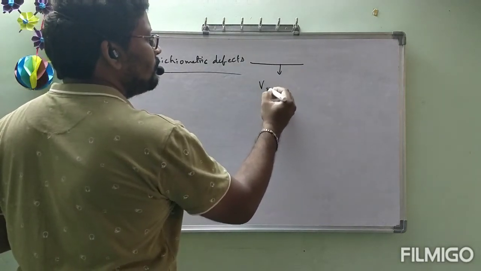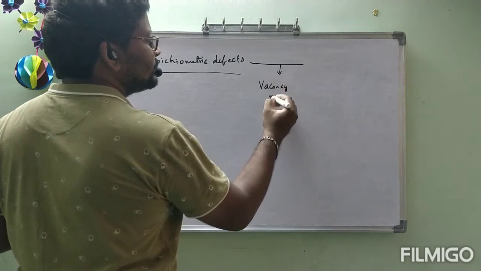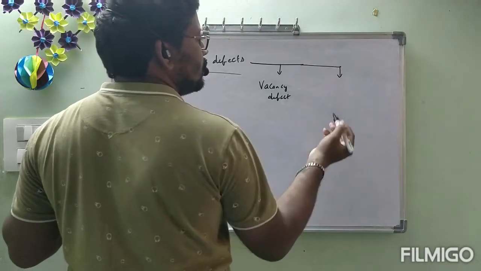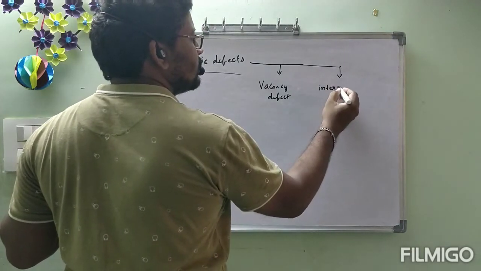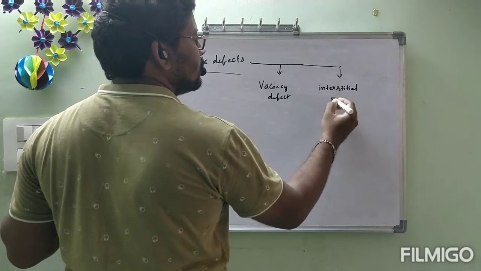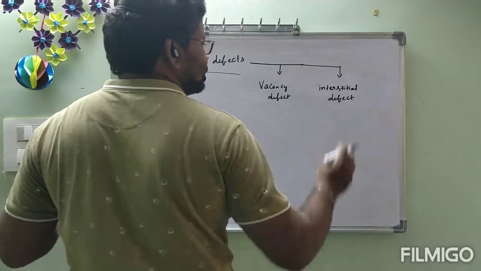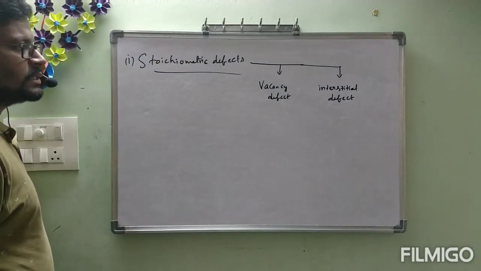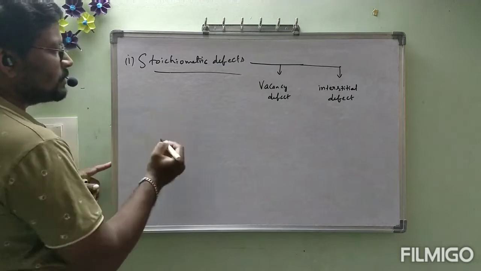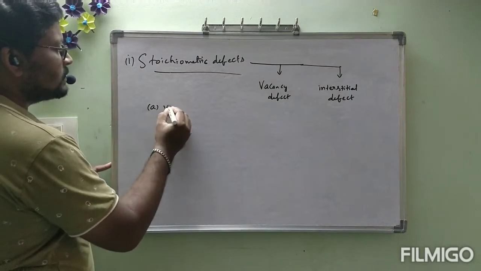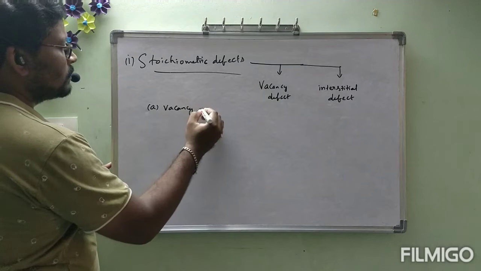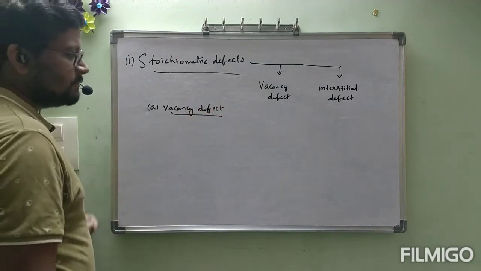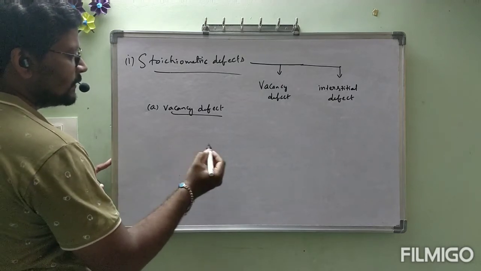One, vacancy defect, and two, interstitial defect. One is vacancy defect and the second one is interstitial defect. Under the stoichiometric defect, let us see A, that is vacancy defect. Vacancy defect. Let us imagine that